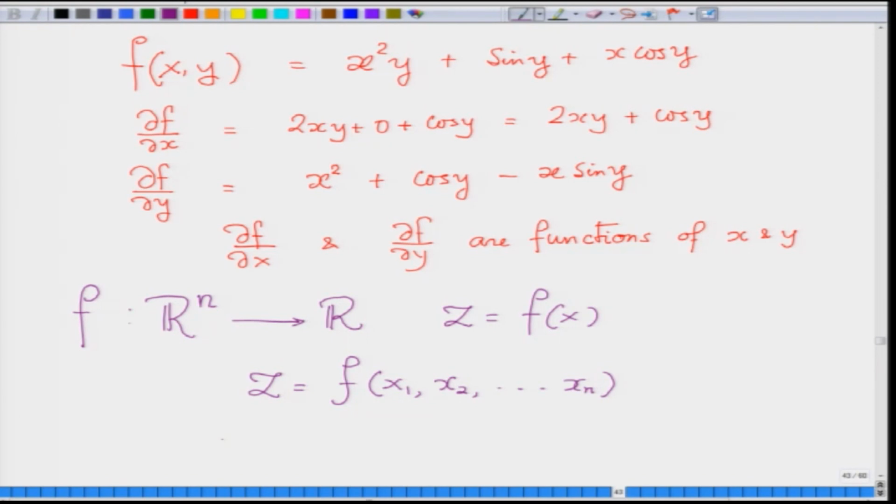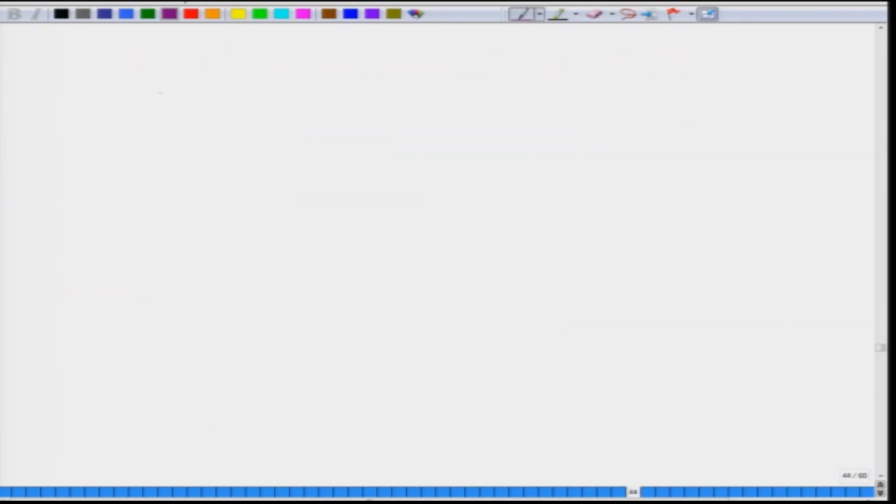Now, basically for partial derivatives, for each i from 1 to n, you can define a partial derivative del f del xi. So, how would you do it? You will just define it in the same way,